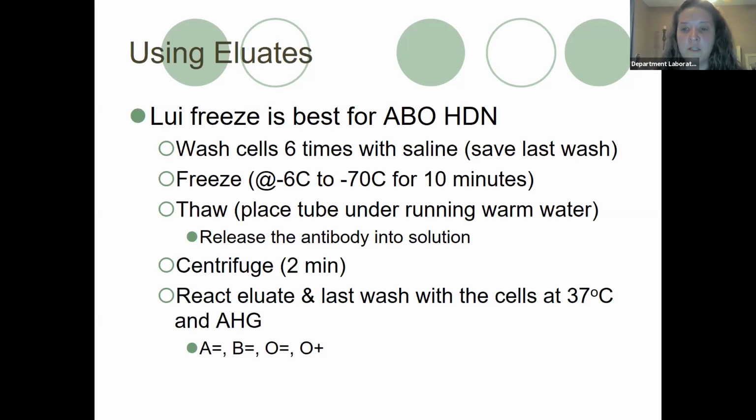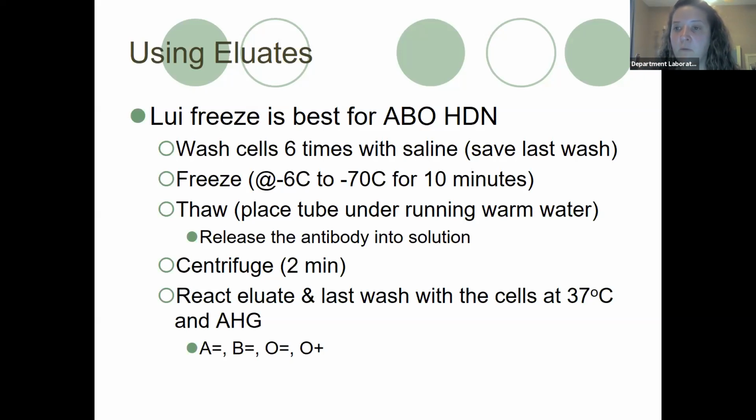All right, so after your last wash, you pull off that saline. You're left with probably about 1 or 2 ml of cells. All right, performing eluates does take a lot of red cells. So you're left with cells. You're going to add just a few drops of saline to your red cell button. Okay, and then you're going to take, you're in like a 13 by 100 tube. You're going to take that tube, and I always kind of tilt it to the side, and I like the cell suspension to kind of coat the edges of the tube. Then you're going to put it in the